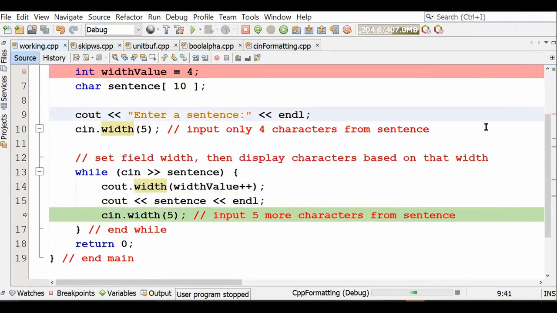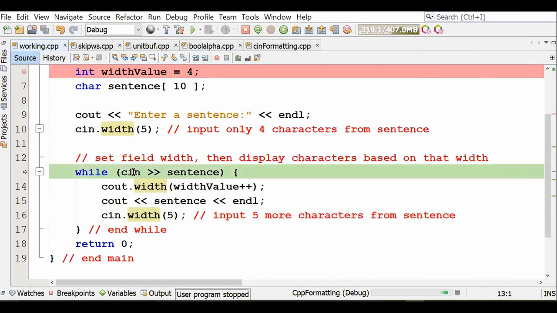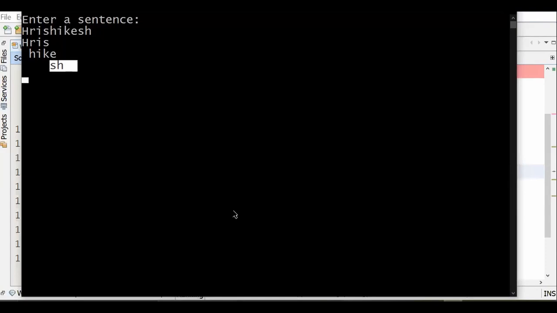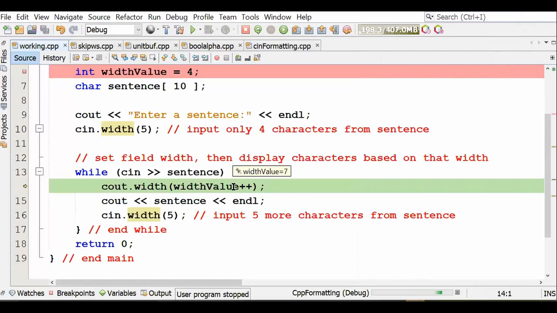When it becomes 6, it will display accordingly. I could have taken some larger input as well. And now when you try to read beyond that, the string may be empty. Since it is empty, it's going to wait. Let me now enter a bigger string. I'll say A, B, C, D, E, F, G, H, I, J, K, L, M, N, O, P, Q, R, S, T, U, V, W, X, Y, Z. So all 27 characters. Now watch it. Interesting. What is going to happen?